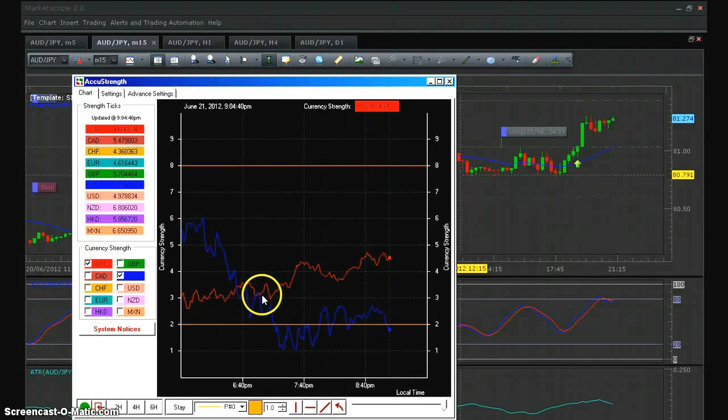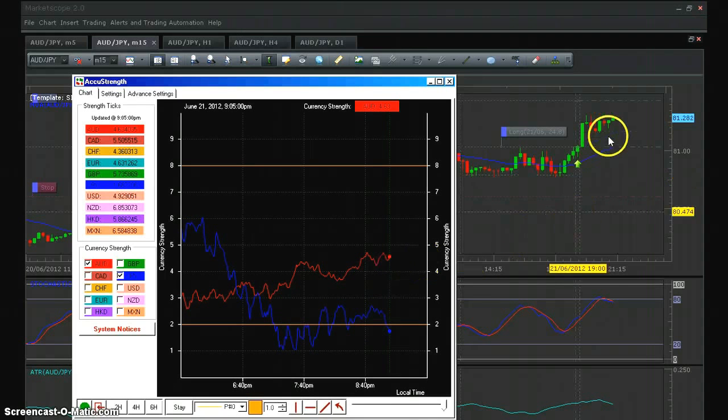The Aussie had just crossed upward and the yen had crossed downwards, and since then it's been trying to move up. There's been a little bit of a struggle here, but as you can see the trade is still doing